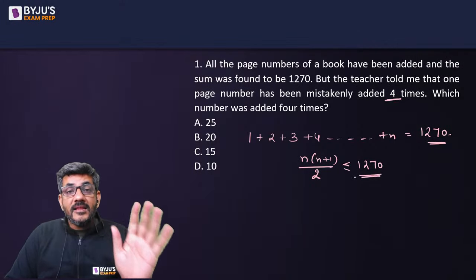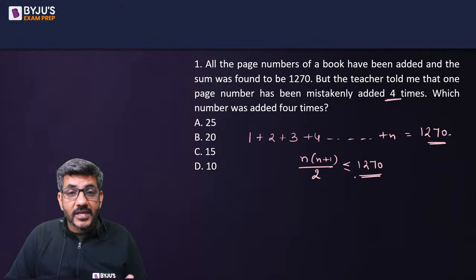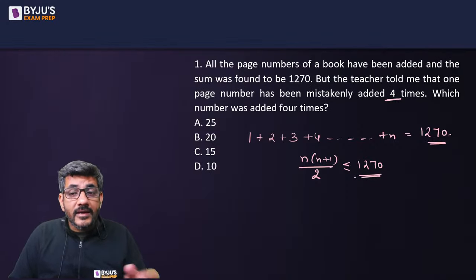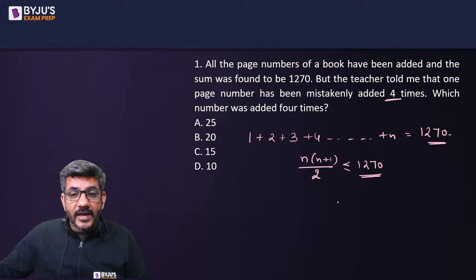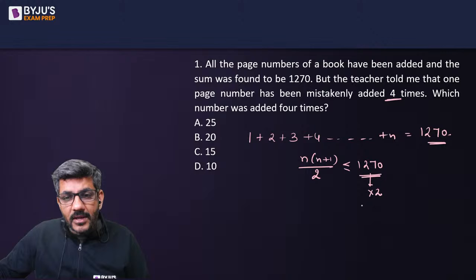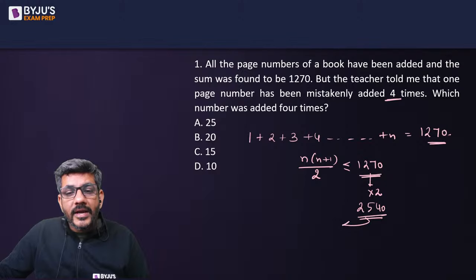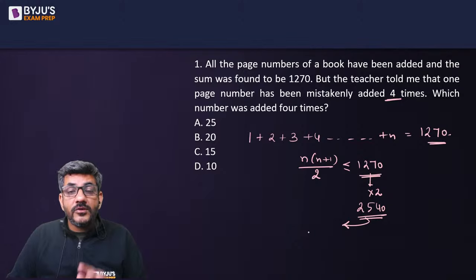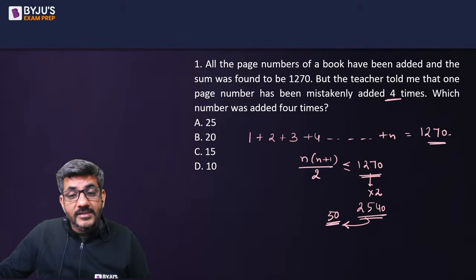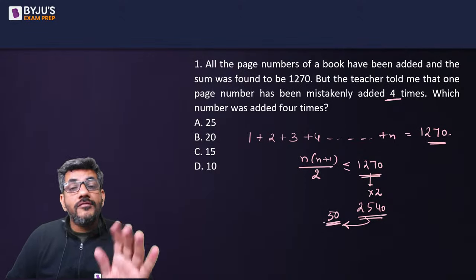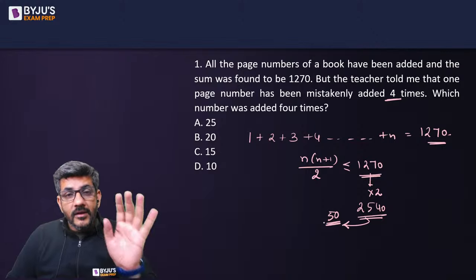I'll give you a straight idea of how you reach the value of n in such cases. अगर ऐसा आ जाता है तो इक्वेशन क्वाड्रेटिक वगैरह बना के तो आप कर लोगे, वो लेंदी हो जाएगा. A simple way to find out the value of n is to just double it. Of course you will get why I am doubling, ये उधर जाके multiply होगा. So double of this is 2540, and find the square below this. The square below 2540 is 50 square, which is equal to 2500. So the value of n would be very close to 50.